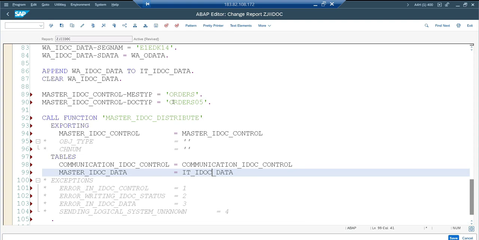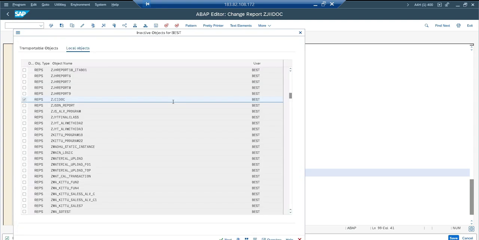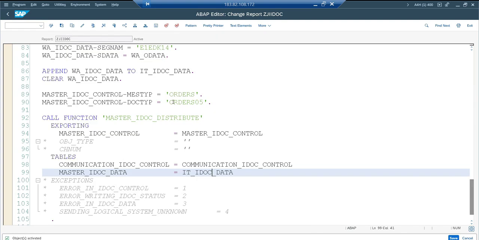So save and activate and execute it, expecting one IDOC to be generated with message type orders, and that needs to be in green in my source system and needs to reach the target system, because I didn't modify anything. The path is already set. I added one more message type in the same path. Okay, execute, done. So let's go to WE02,